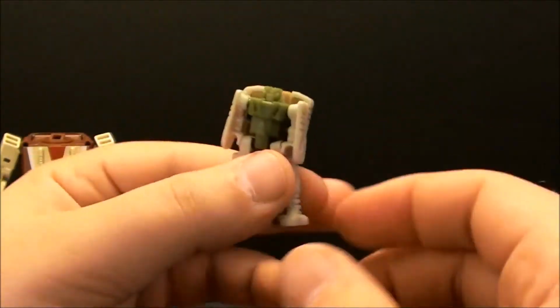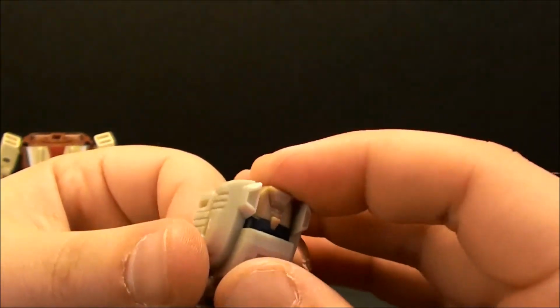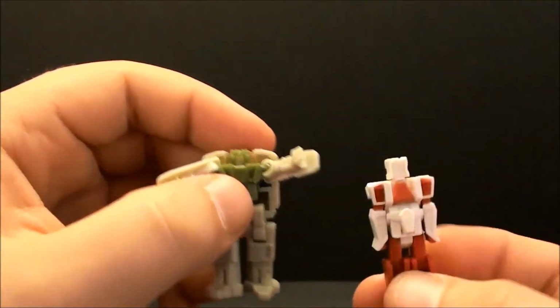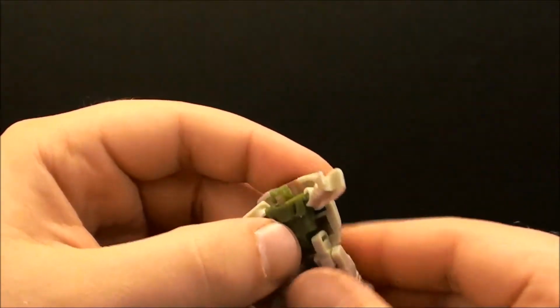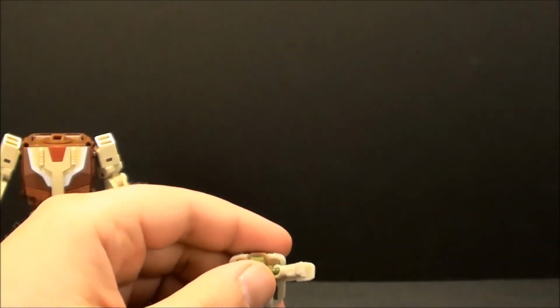So for them, you just kind of fold down the feet and that's it. So he's always got a head on his back. There's nothing that hides that. Now yes, he does have way more articulation, and that is a lot of fun, especially for someone like Hardhead, where you can have him posed all over the tank and stuff like that. And he's definitely got better leg articulation. But this also does lead to the problem,